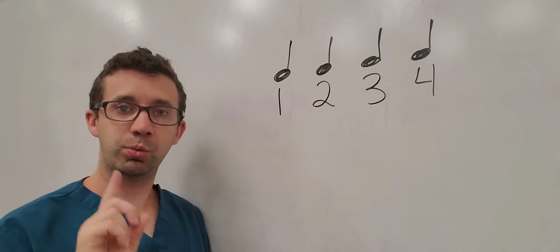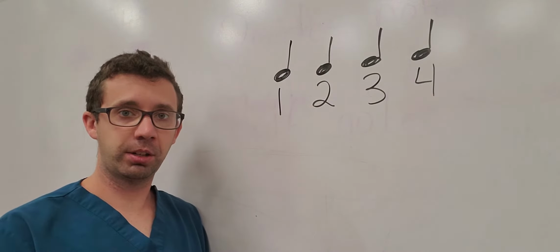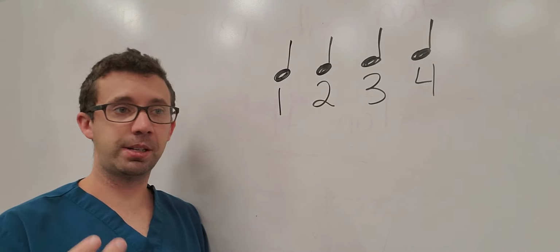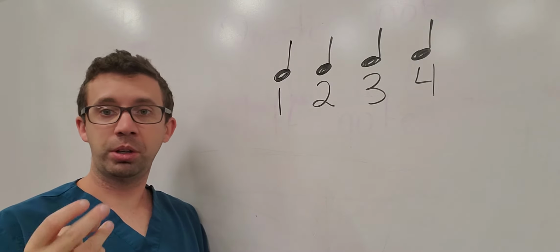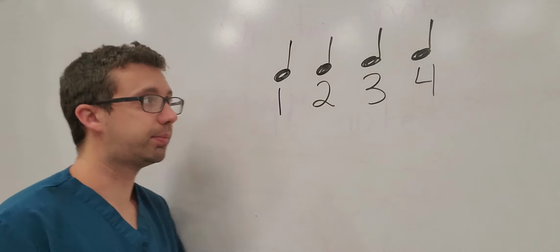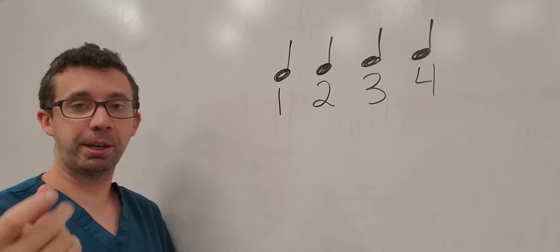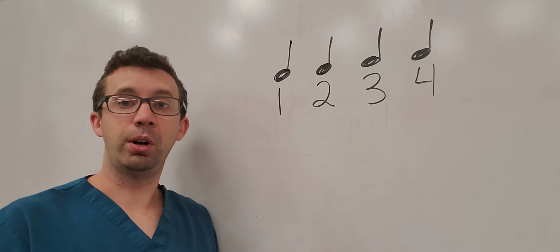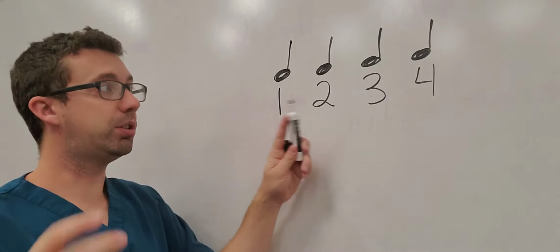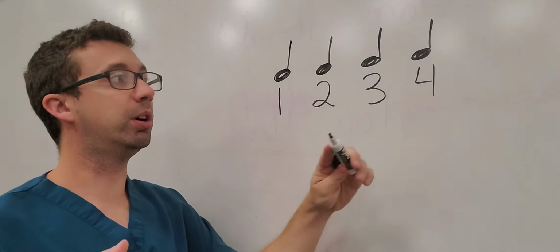One quarter note gets one beat or one click. This is the beat. One quarter note gets one snap or one beat, just like that. So when I'm counting it, I would go 1, 2, 3, 4, because there's only